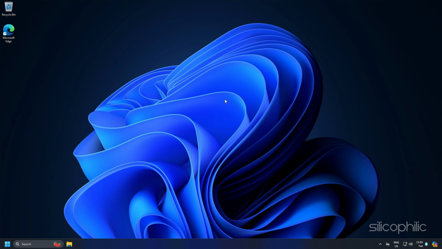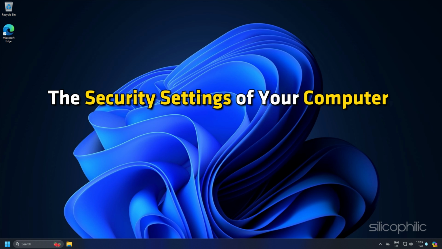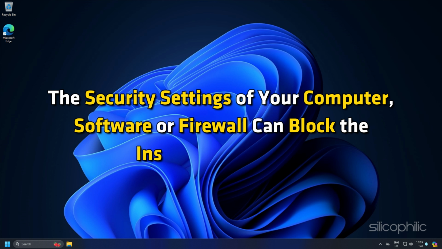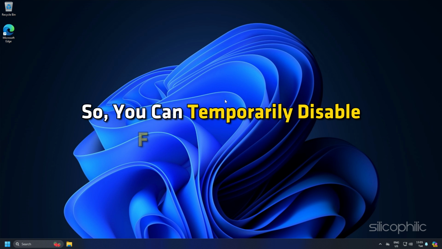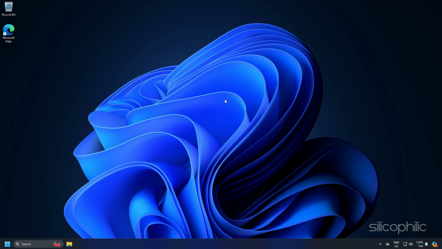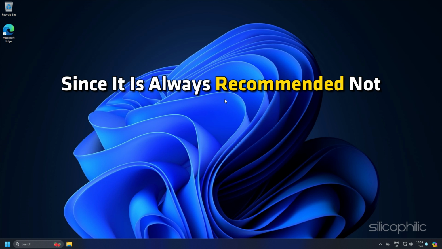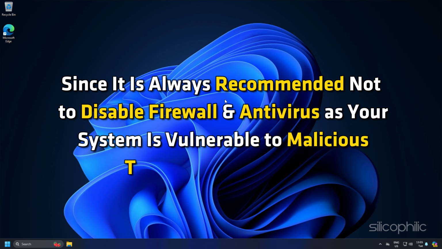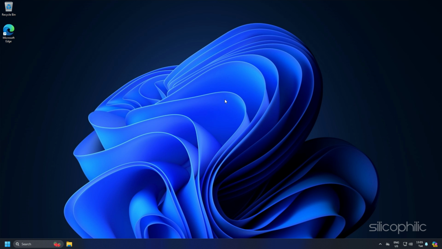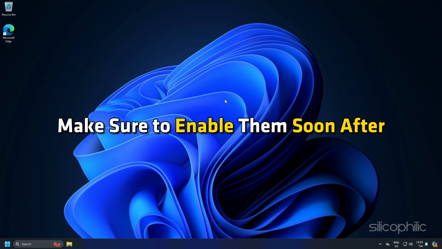Method 5. The security settings of your computer, software or firewall can block the installation process. So, you can temporarily disable firewall and antivirus. Since it is always recommended not to disable firewall and antivirus as your system is vulnerable to malicious threats without them, make sure to enable them soon after.